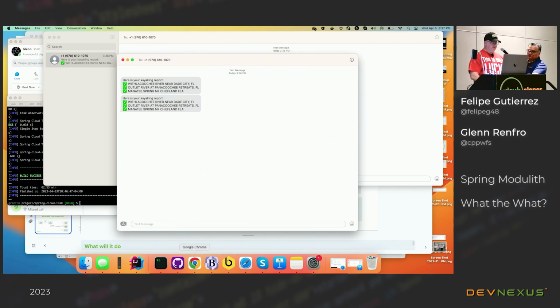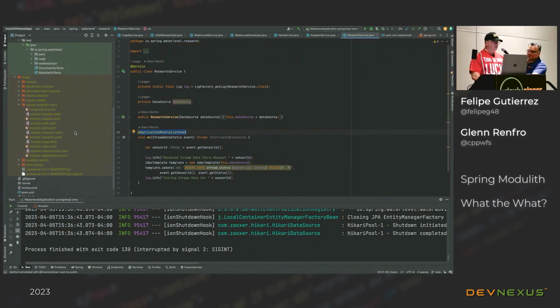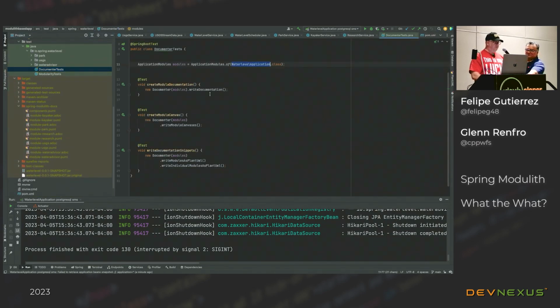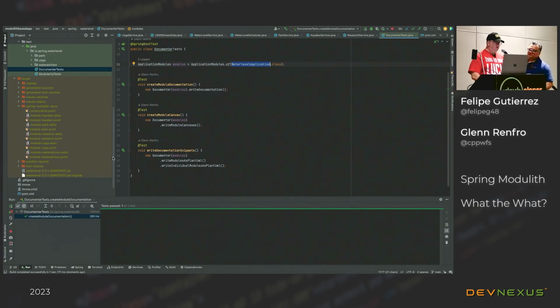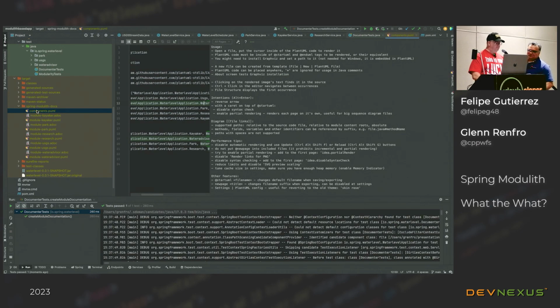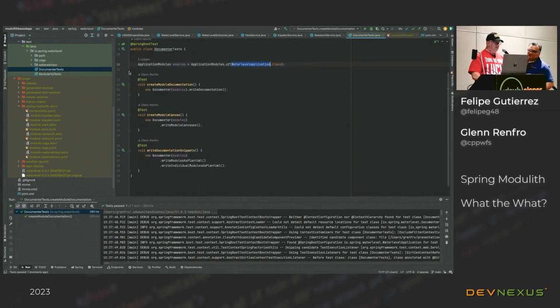Now, the one thing I also want to talk about is how this looks if I were to do some documentation. Spring Modulith offers documentation tools that will generate UML so that I can view the results of what I've told it I want to design for my given application. So if I run that test, and I'll show you what the test looks like in a second, we can see that Spring Modulith will actually render the UML. So what did that test look like?